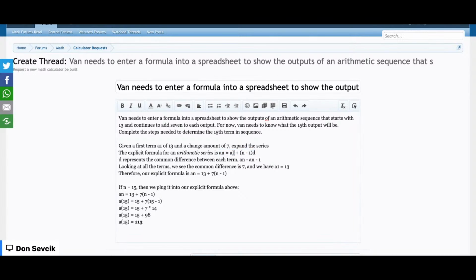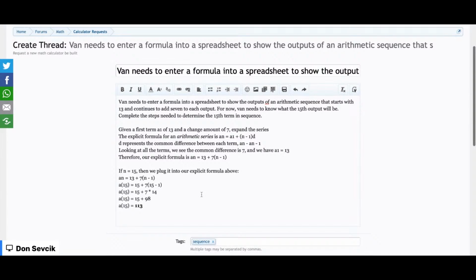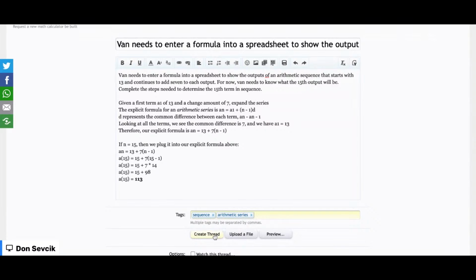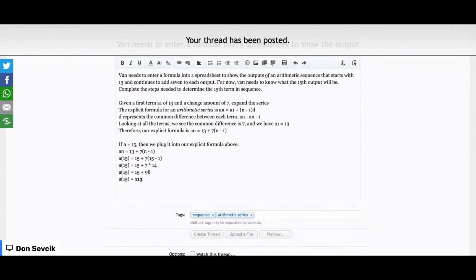A1, of course, is your first term, which was 13, and then you plug in n and multiply by d. D is the change. So the common difference is 7. Once we have that, we can just plug in whatever n we want, in this case 15, plug and chug, evaluate, solve, and we are done. So that's it. I want to thank everybody for watching the stream, and I will see you on the next